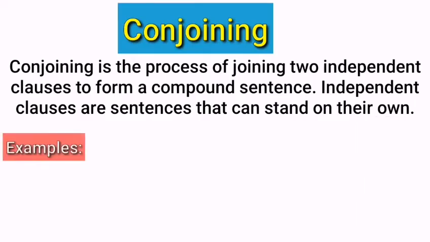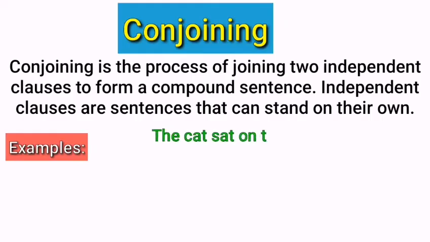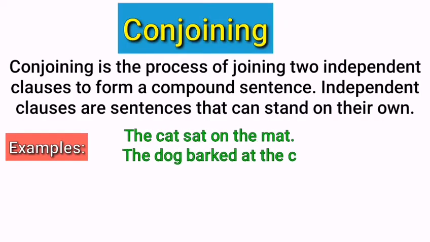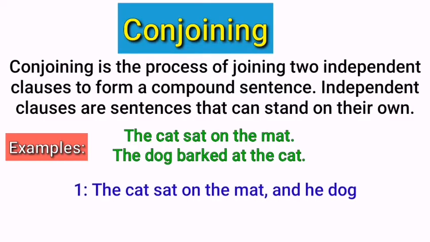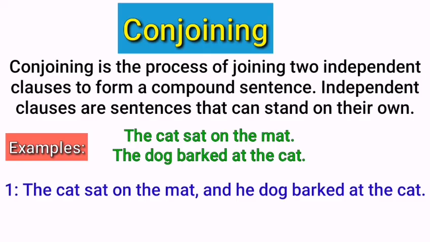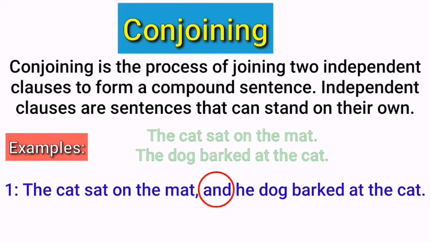Just look at these examples. The cat sat on the mat, the dog barked at the cat. These are two independent clauses. They can be combined using a coordinating conjunction to form a compound sentence. Like, the cat sat on the mat, and the dog barked at the cat. You can see, both independent clauses are combined with the help of the coordinate conjunction "and", so this is called conjoining